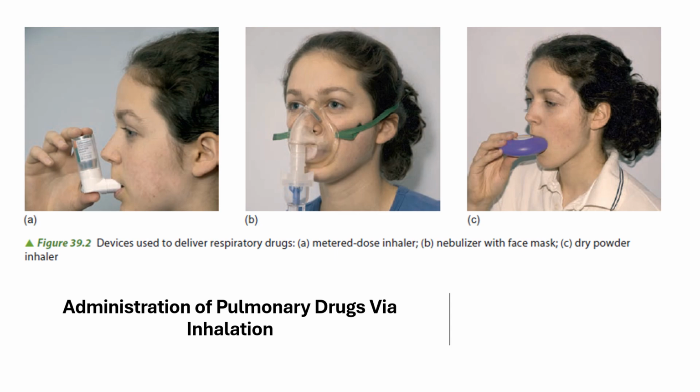Now you have the metered dose inhaler or MDI. It is a third type of device commonly used to deliver respiratory drugs. MDIs use a propellant to deliver a measured dose of drugs to the lungs during each breath. The patient times the inhalation to the puffs of drug emitted from the MDI.